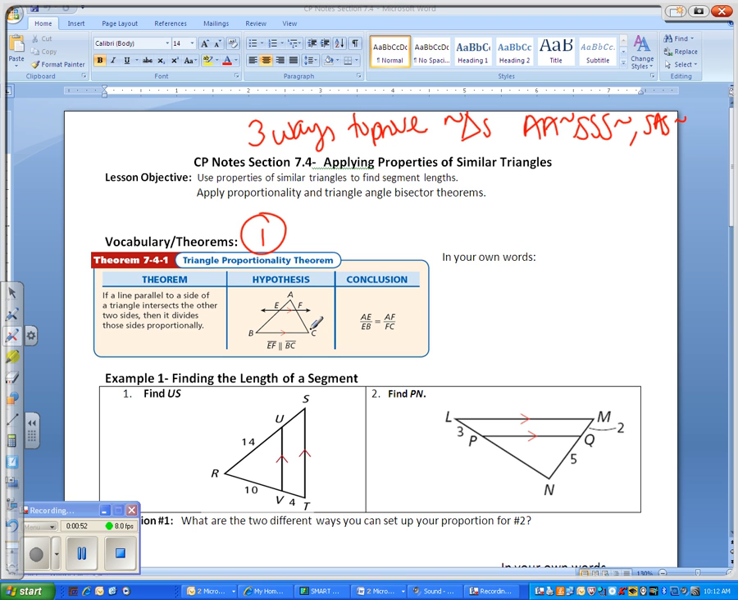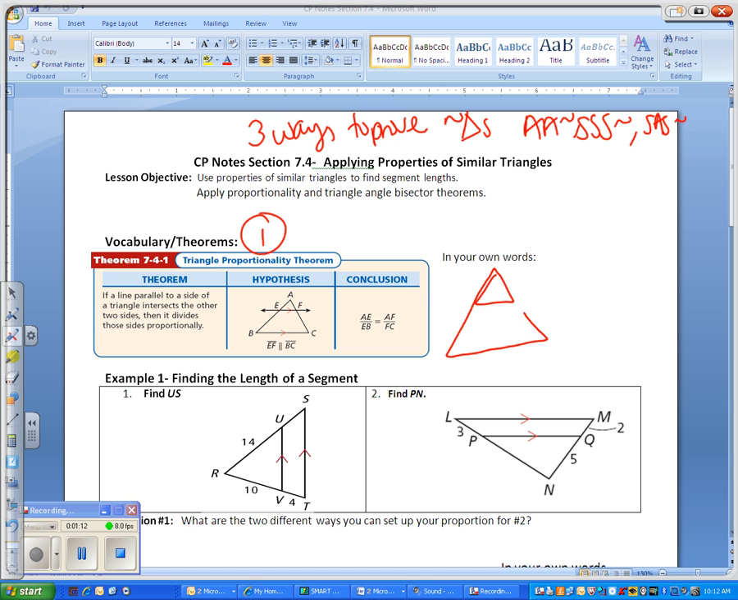It says if we have a triangle and there's a line that cuts through the triangle and is parallel to the opposite side, then basically it splits these 2 triangles, this small one AEF and this big one ABC, into 2 similar triangles. So that means that their sides are going to be proportional. And the reason why that is